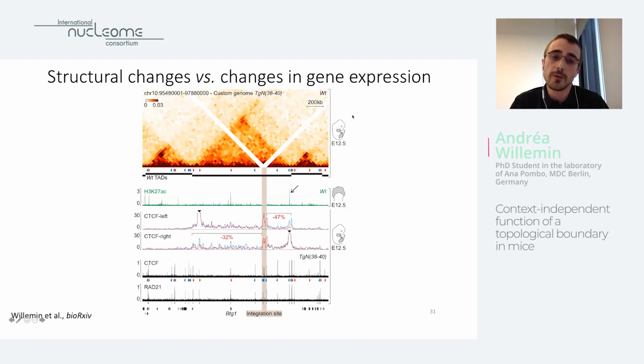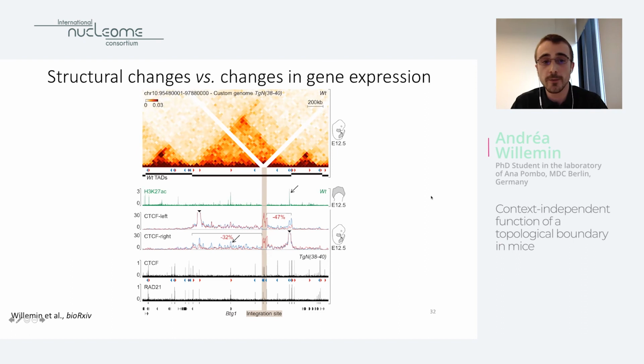So drawing from these observations, and to get some insights into a potential mechanism for the downregulation of BTG1, we went back to the 4C-seq data and related them to H3K27 acetylation coverage. Of particular interest, one of the two strongly acetylated regions of the host TAD precisely matched with this viewpoint at the right TAD border that we called CTCF right. Importantly, we previously observed a substantial loss of contacts between this region and the BTG1 gene